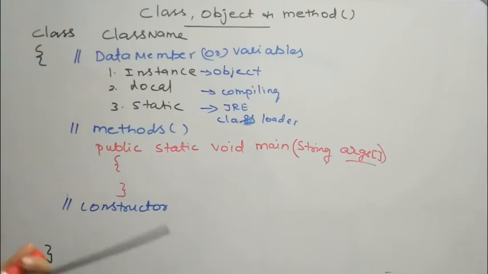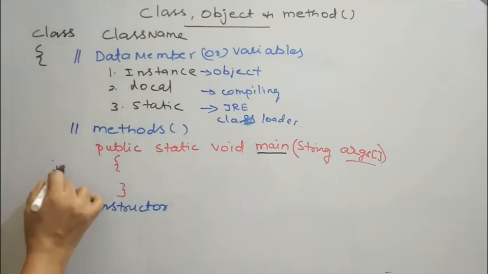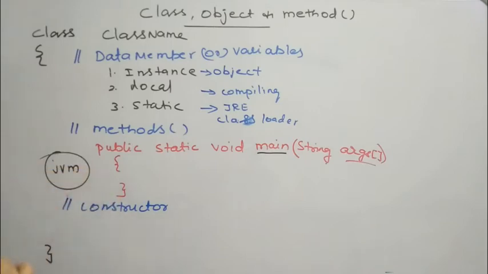What is so special about this main method is that when your program is being executed, execution is started from our main function. The execution of the program starts from the main function. Who is responsible for accessing this main function is your JVM. JVM is responsible for executing our program. When program execution starts, the execution starts from the main function. So your class definition may contain a main method.